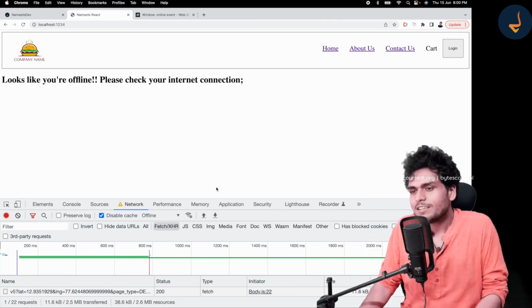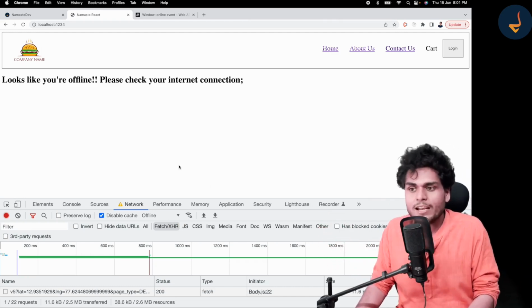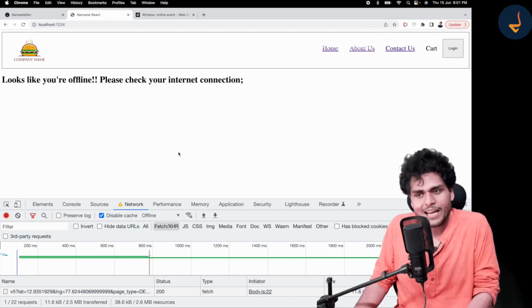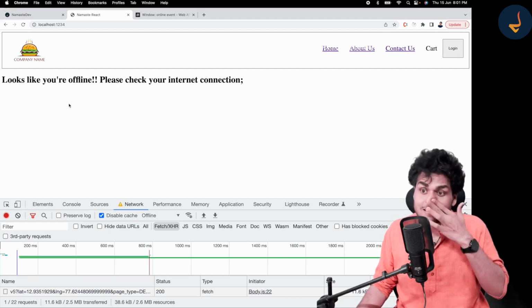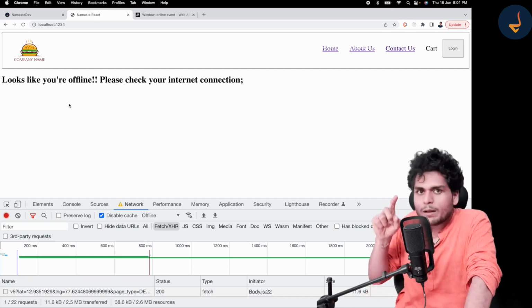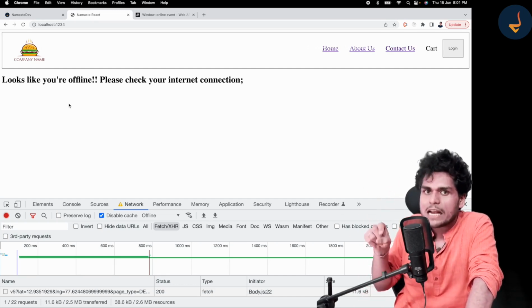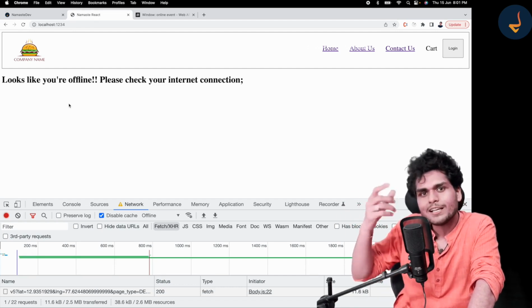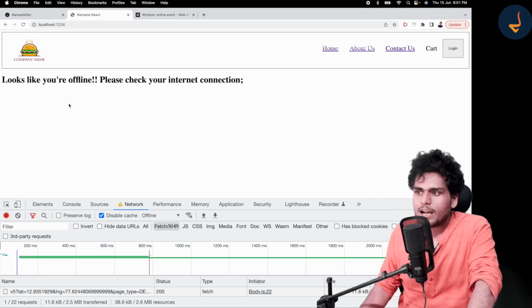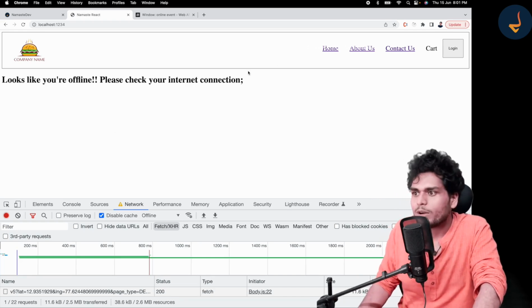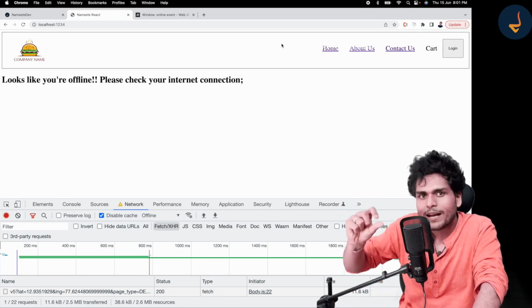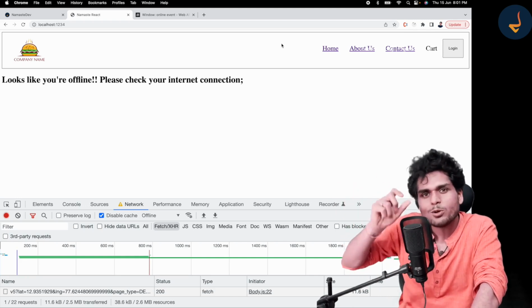Cool, right? This is something cool which I like to teach. I have been teaching this feature a lot of times, and I really like it. It is a very important feature if you are building a chat application, where you want to show a green and a red symbol for online and offline. Let me show you how we can do it. Maybe let's have a green dot and a red dot on the top. As soon as you go online or offline, it will turn from red to green.